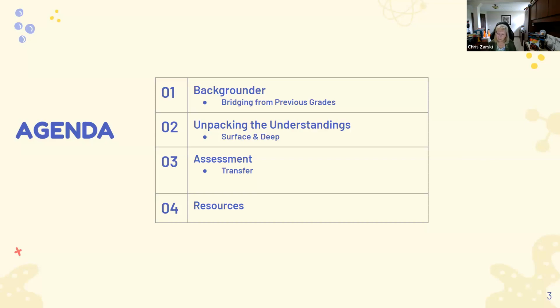Now you're very much in a spiral curriculum. So what happens in the previous grade very much informs what may or may not be a key rock or concept that I need to be able to unpack in my grade. And for this particular unit, the 5 and 6 couldn't be any closer together. I mean, you really are going to have to make sure they have a good understanding of 5 before we get into 6.